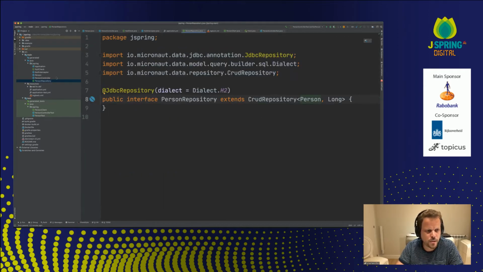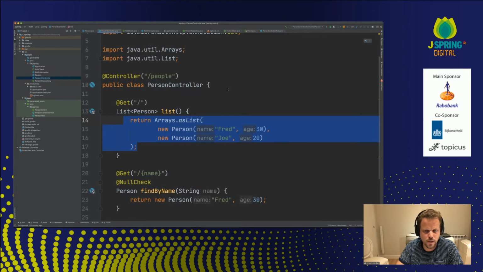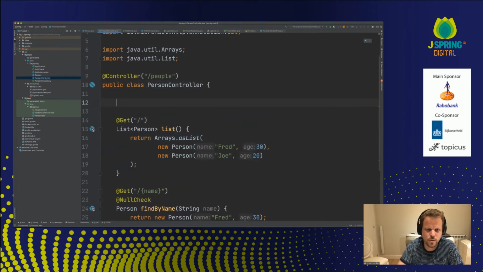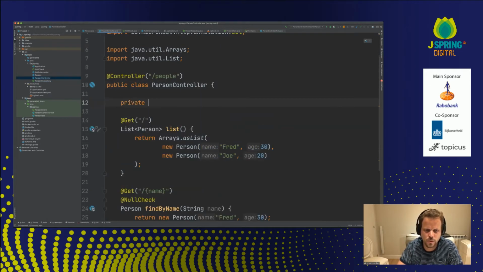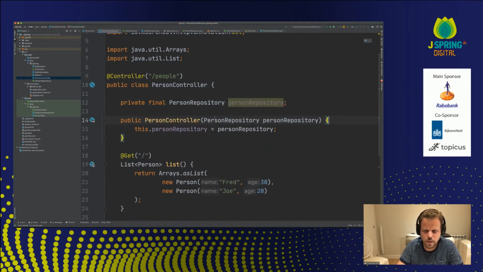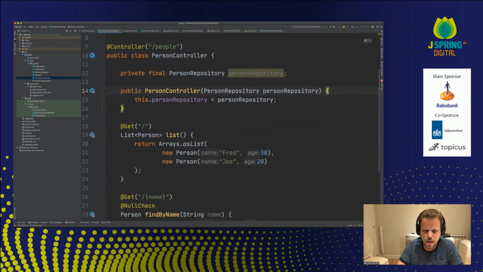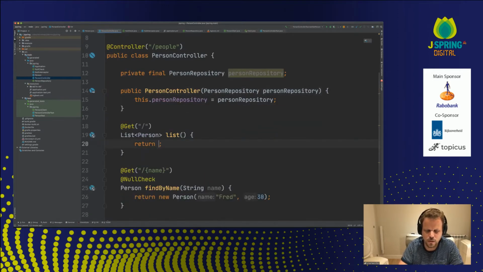Now let's use that repository. We're going to do constructor injection, person repository. Let's inject it in there. And instead of this, we're going to do person repository.findAll. Oh, I can see that's not compiling.